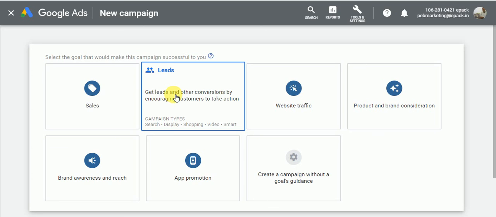If you go to leads, let's say somebody is running a manufacturing industry and he wants to generate his own leads. For leads you have to make landing pages and do all the conversion tracking over there. There are two options available on this.